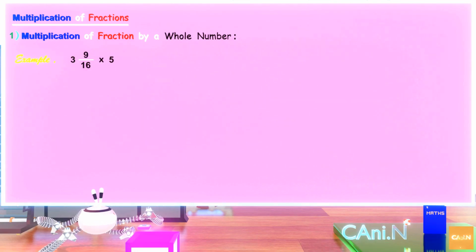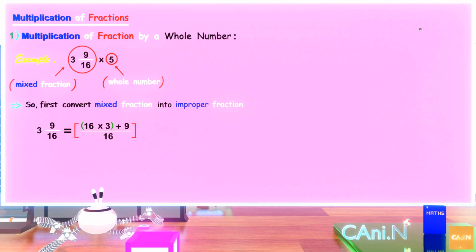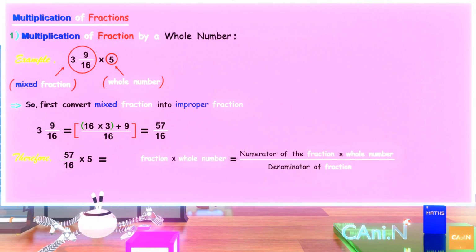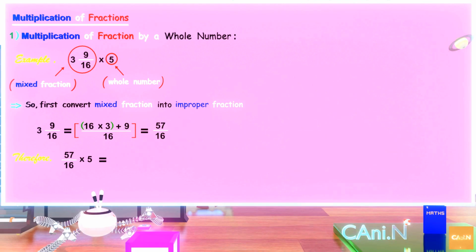Example. Solve 3 9/16 into 5. Here, we have a mixed fraction and a whole number. So, first convert the mixed fraction into an improper fraction. Here we do this to make it easier to calculate. Hence, 3 9/16 equals (16 into 3 plus 9)/16 equals 57/16. Therefore, 57/16 into 5 equals. Now, we apply the rule, multiplication of a fraction by a whole number. So, 57 into 5/16 equals